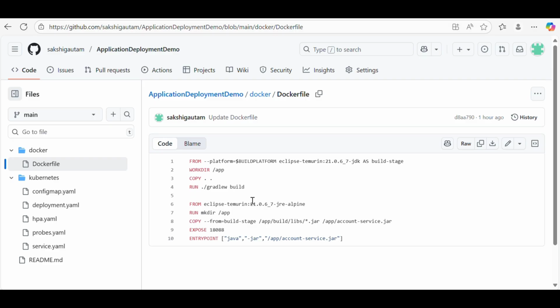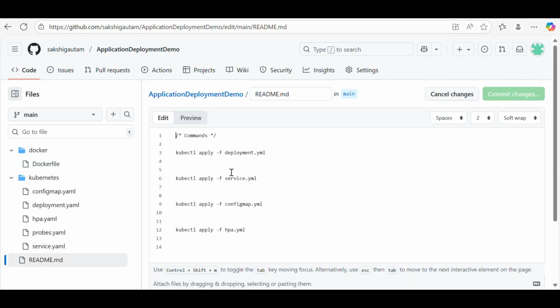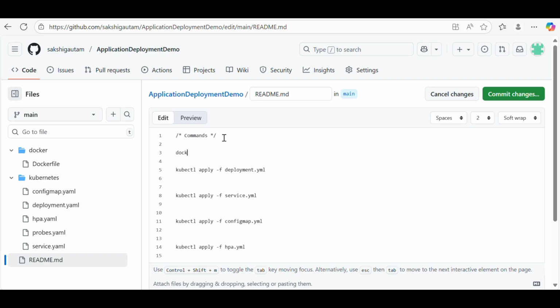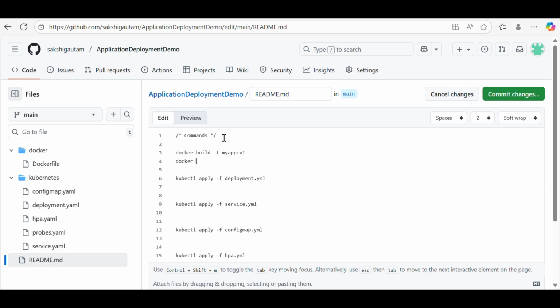Once our Docker image is ready, we push it with docker push. We can push it to whatever URL or artifactory or wherever we are going to keep our